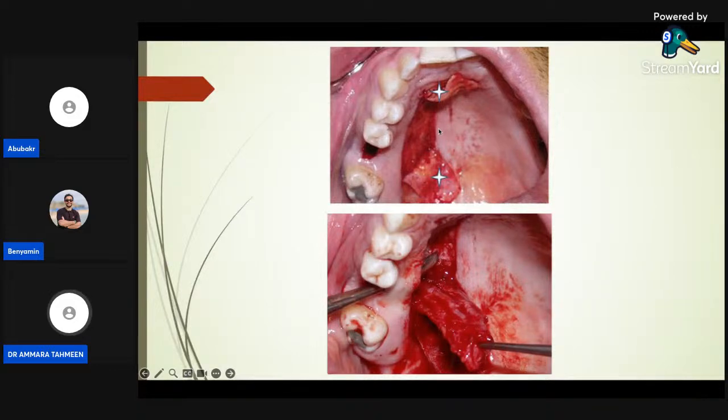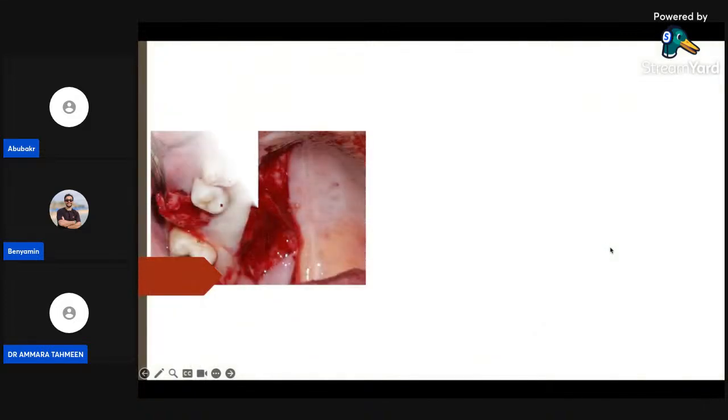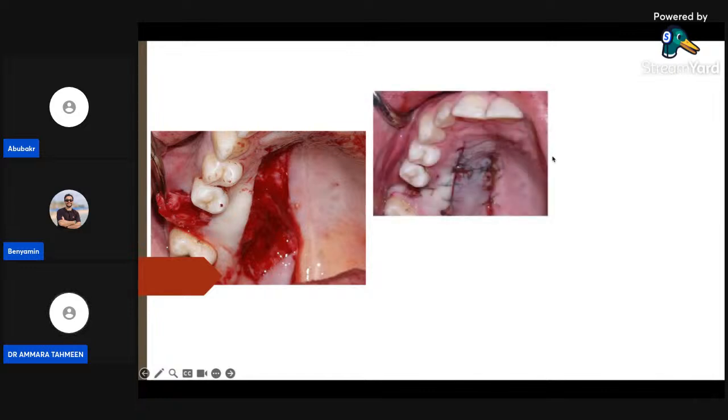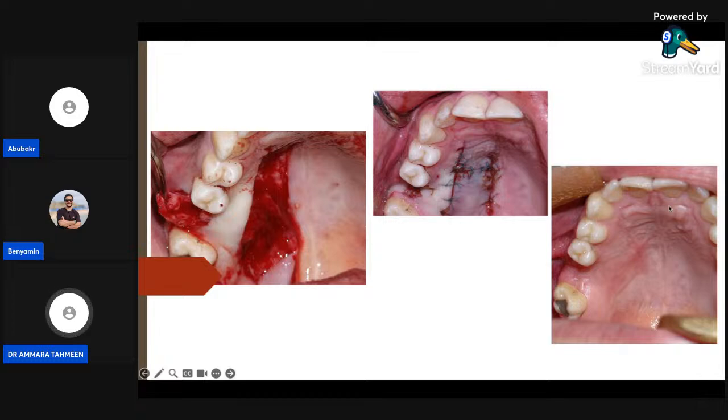So clinically, you are seeing the two reflected flaps, then this is your connective tissue layer. Again they release the connective tissue, and the flap is released. This is how they do the tunneling with the periosteal elevator. So that's how it is brought through the tunnel onto the defect, and that's how it is sutured. And you can see in the post-op healing phase, it has beautifully healed, and you cannot make out any defect here, just a small scar.